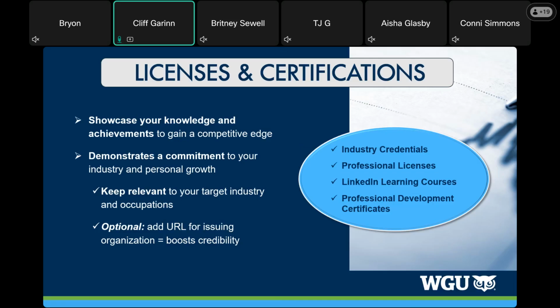But you do want to keep it relevant. You want to keep it targeted to your industry, things of that sort. You could add the URL to the organization on LinkedIn. Don't put it on your resume because if it's going through a specific applicant tracking system, those live hyperlinks could trigger a spam folder. You don't want that to happen. But on LinkedIn, I think you can add the URL and that could boost credibility. You don't have to. If it looks too busy or cluttered, you don't really need to include it. It's optional.